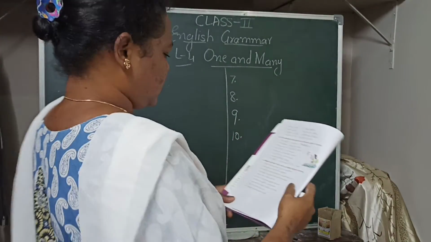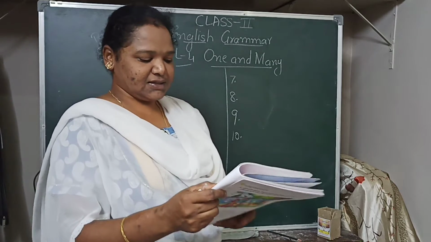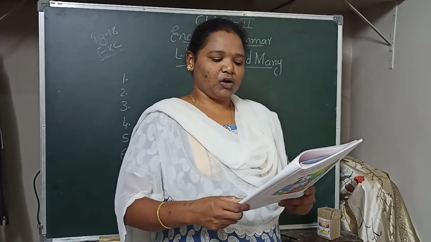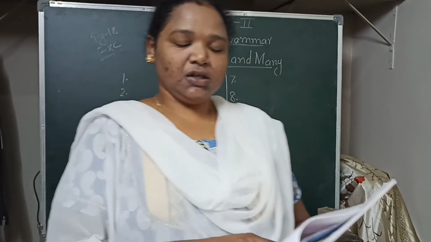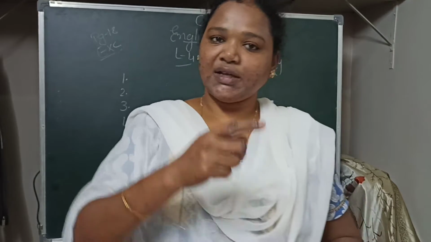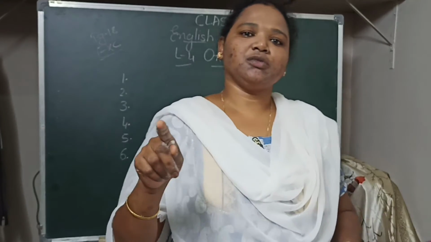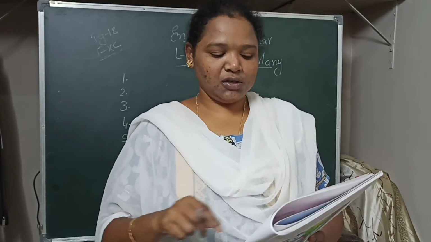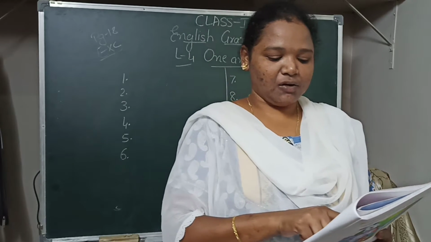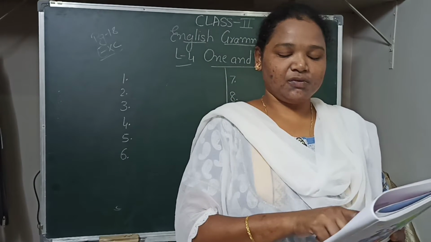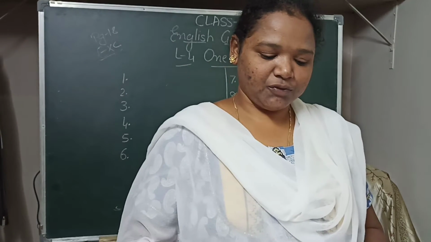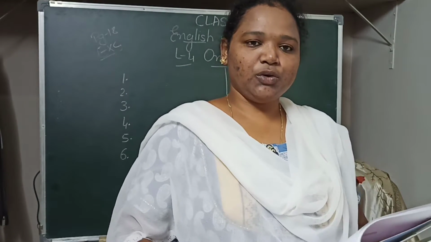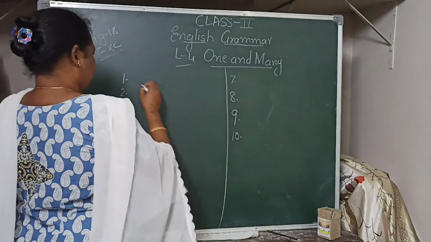Okay, children, so did you copy exercise B? Then exercise C. Underline the correct plural forms to complete the given sentences. So they have given a plural form of a noun. Okay, so we have to tick the correct plural form which has the correct spelling. Okay, first one, there are many flowers in my garden. So they have given two options for the spelling of flower. So which one is the correct one? We have to tick. So flowers is the correct one, first one.